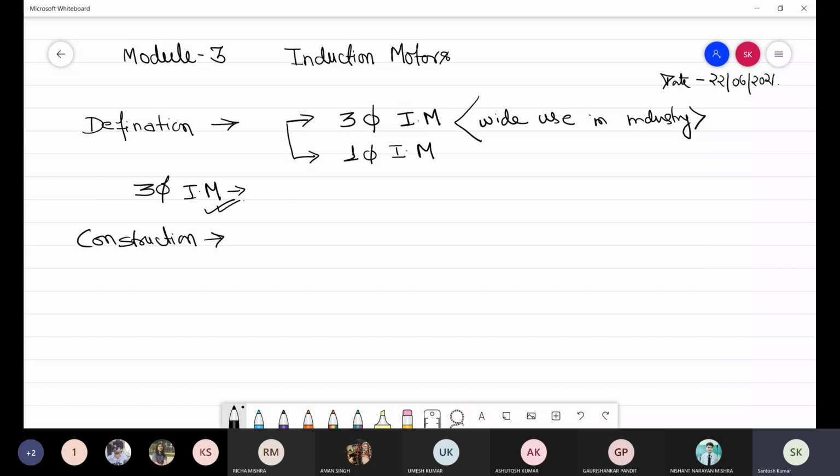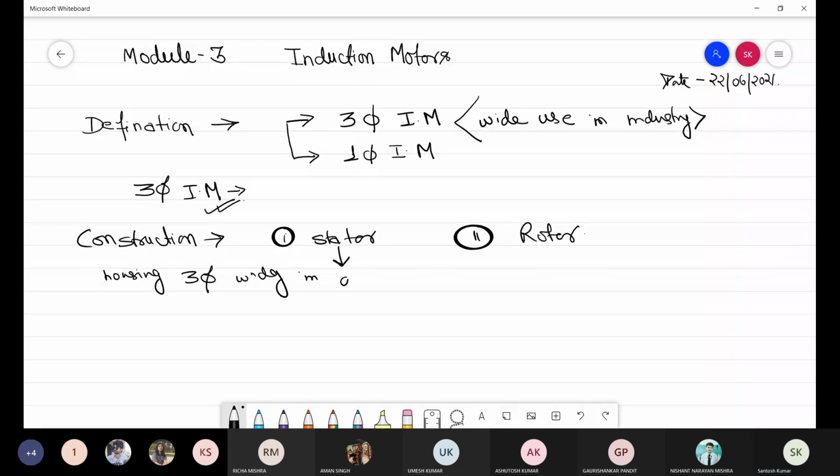Construction-wise, as in the case of all the motors, it will have a stator part, and second it will have a rotor part. Stator is constructed for housing three-phase winding in